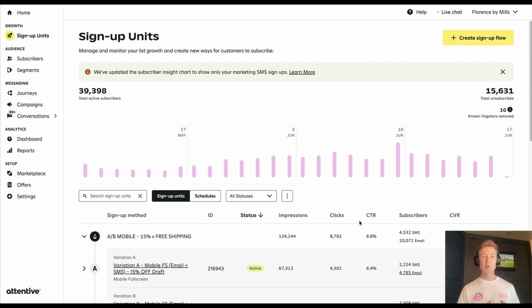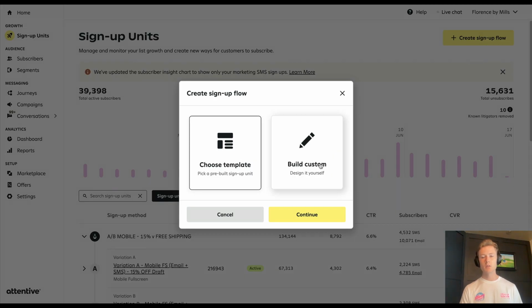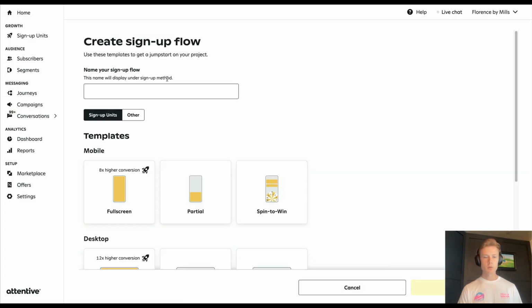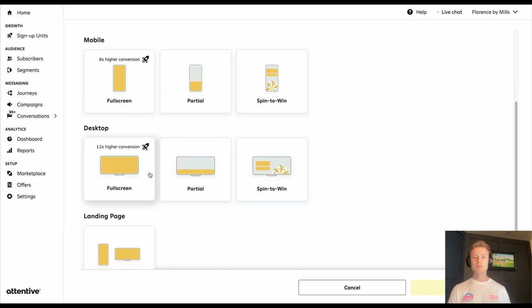Now let's go through and actually set up a full screen signup unit. So again, go to create signup flow. We're going to design it ourselves, and we're going to name it, let's name it test. And the full screen on desktop and the full screen on mobile are relatively similar. You're just dealing with different sizing requirements and constraints. But there is one key difference between